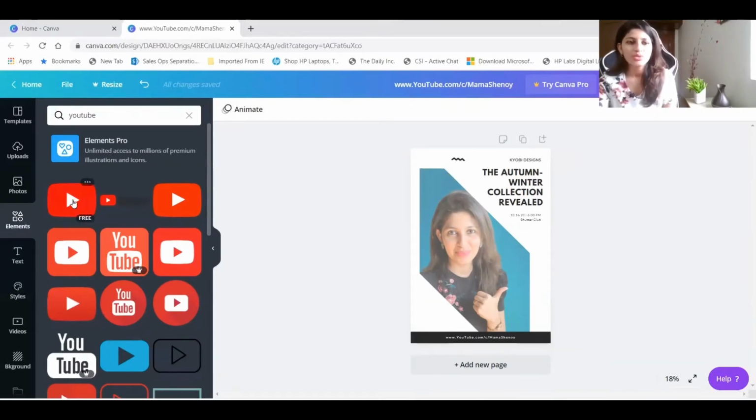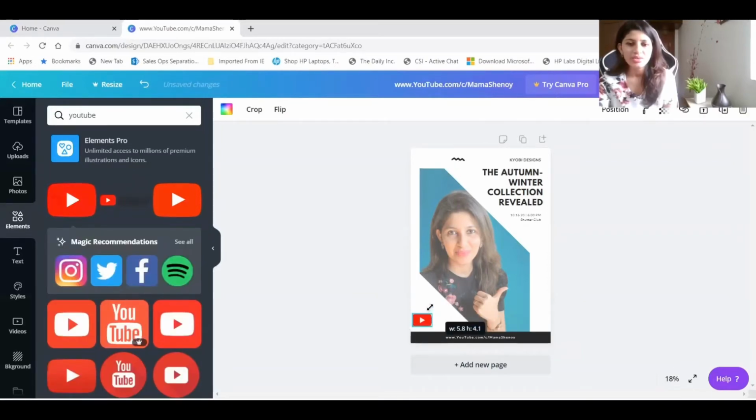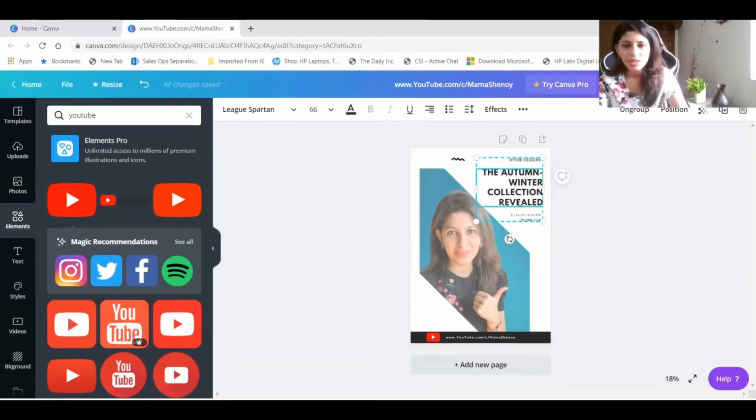So imagine I would want to use this one, just click and drag and resize it so that it fits right into that black box and looks pretty good, right? That's it. And let me change the wordings first. If you see over here, these are grouped, right? So I can either ungroup it and modify the details, or I can keep it as it is and re-edit the text which is put up over here.